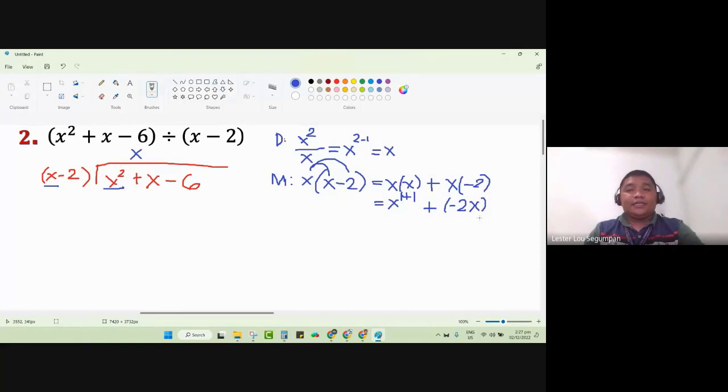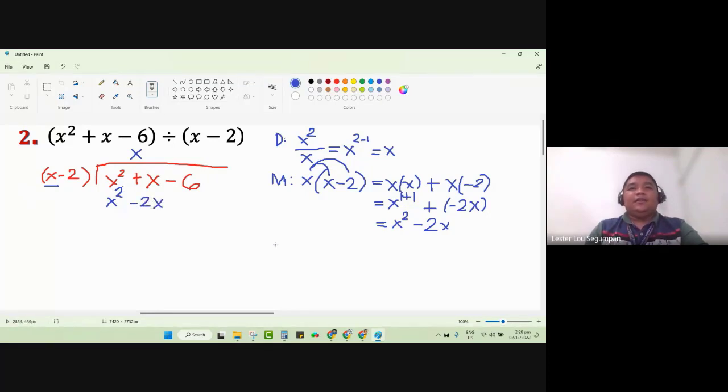This is the next part of our step, which will give you the final answer of x squared minus 2x. Again, this is now our first product. This product will be placed here. So we are going to place here our first product. You have x squared minus